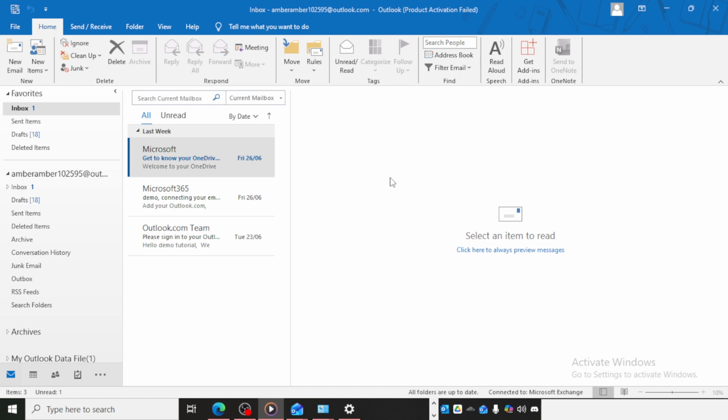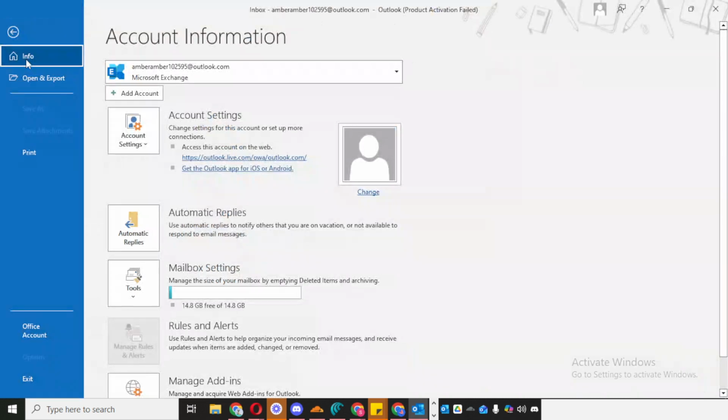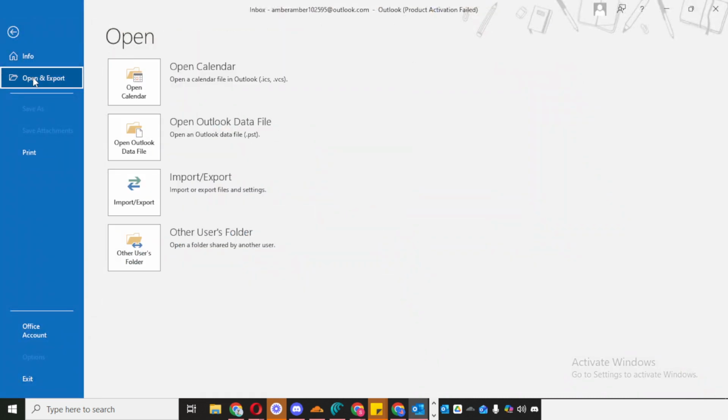To get started, open Outlook 2019 on your computer and wait for it to fully load. Once Outlook is open, go to the top left corner of the screen and click on File. This will take you into the Outlook settings and account management area, where import and export tools are located. From there, click File if needed to make sure you're in the correct menu, and then look for Open and Export. Select that option to continue.